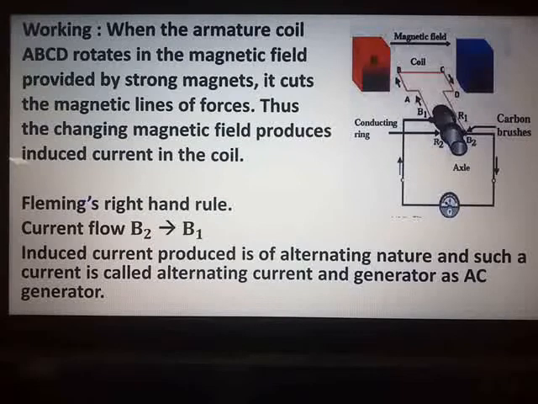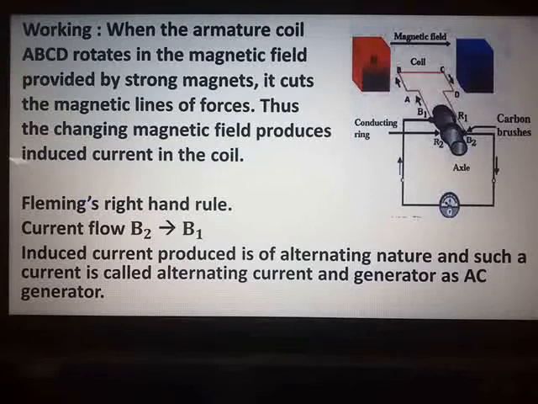With this, we complete the explanation for chapter number 4. The main concepts to be studied in this chapter thoroughly are Joule's law of heating along with the circuit diagram, then the appliances which are based on the heating effect of electric current, then the magnetic field which is produced due to the current in the solenoid or the current passing through a circular loop of a conducting wire.